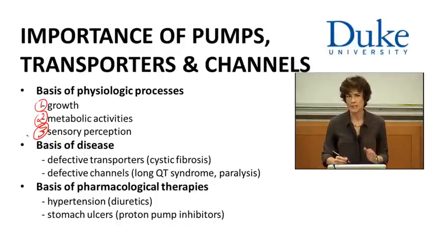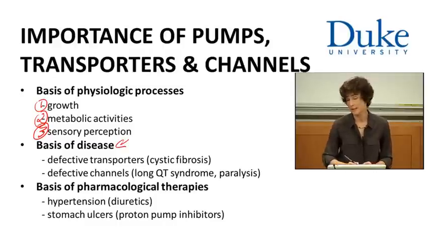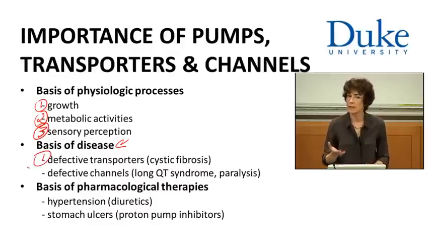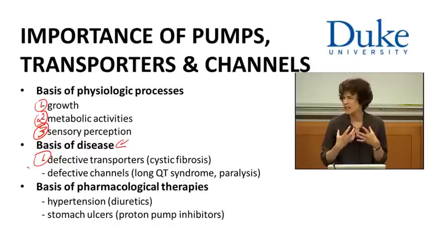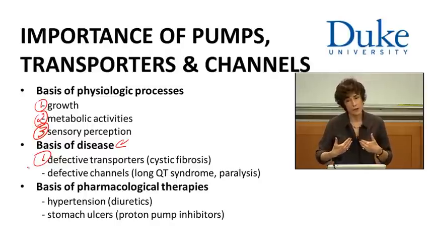The other reason that we're interested in this topic is that this is really the basis of many diseases. When we have defective transporters, such as in cystic fibrosis, then materials are not positioned correctly across the membranes. For instance, in cystic fibrosis, the chloride is not moving across the membrane correctly, and because the chloride ion is not moving correctly, water is not moving correctly across these membranes. Consequently, the mucus, which is secreted by the lung as a protective barrier, becomes very, very thick and viscous. And then there's a difficulty then for transporting gases across this mucus layer, so that the oxygen then can get